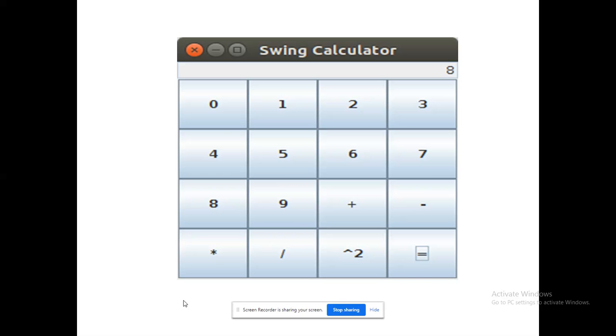Okay, so where I have to write my event handling? Whenever I click plus, I have to add two numbers, right? Likewise minus, star, slash, and I am also trying to calculate the square of the given number, right? So that's also being calculated. So a simple customized calculator is what we could design.